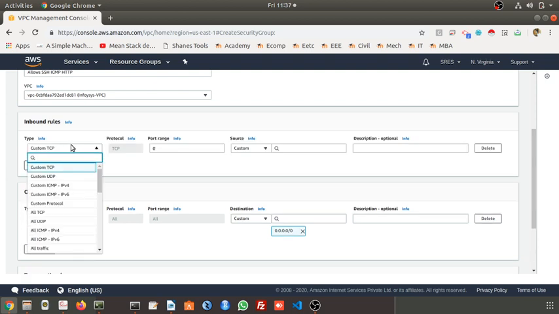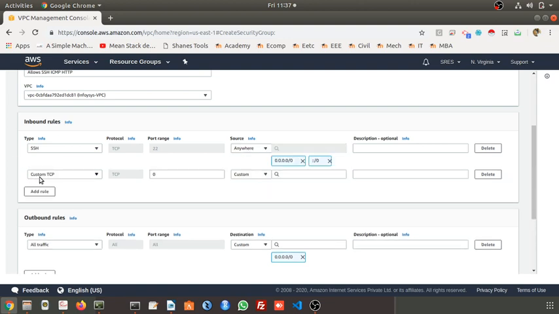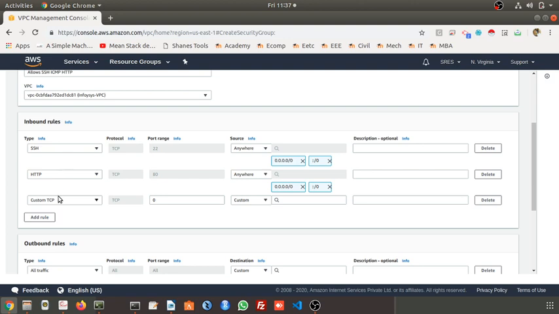One is SSH from anywhere. HTTP from anywhere. Next, ICMP from anywhere.